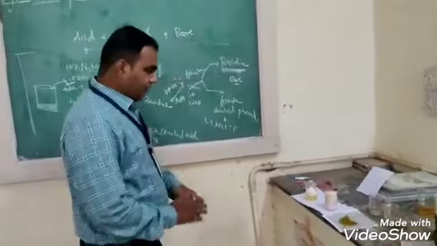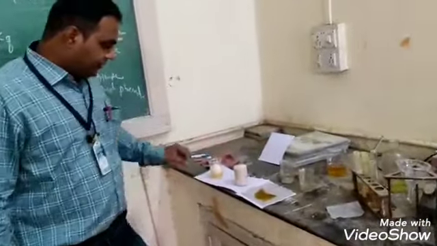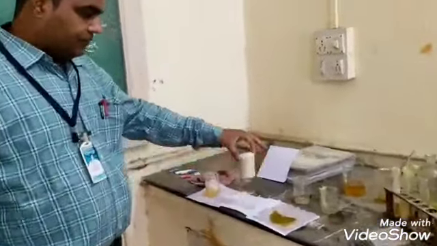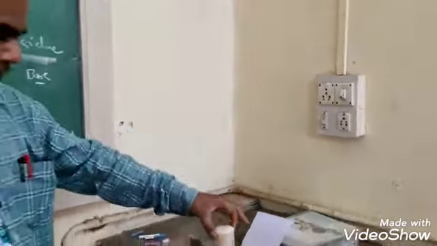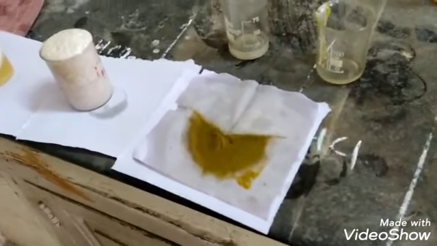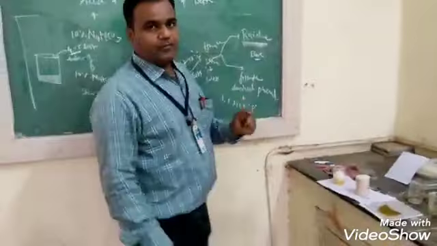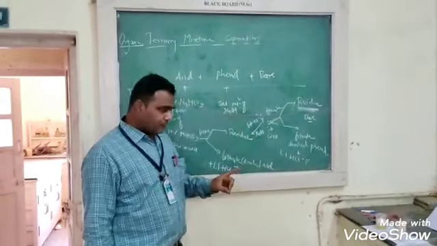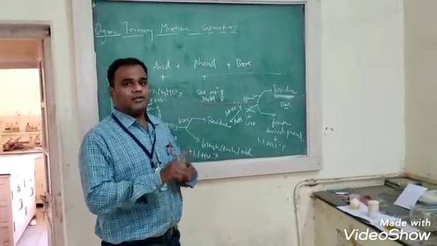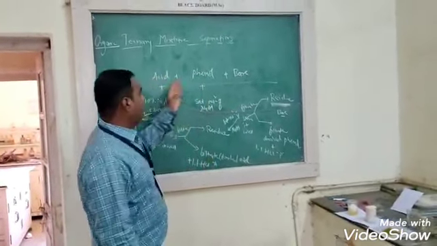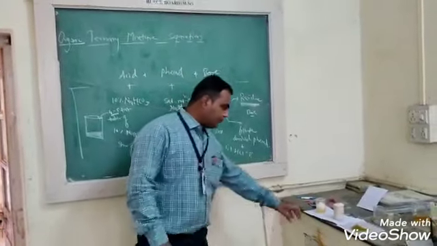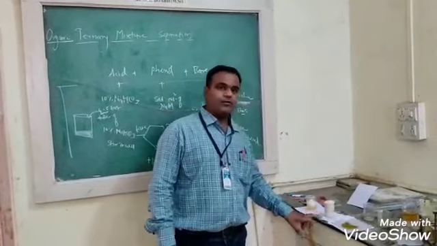In this way we can separate the ternary mixture. First one is the acid, which is the white precipitate. This is the creamy white precipitate of the phenol compound, and this is the yellowish solid part, which is the base compound. So in this way we can separate the ternary mixture. First, for all three solid compounds, we have to determine the type. The type is acid, phenol, base, and after confirmation of the type, we separate the acid, phenol and base. Thank you.